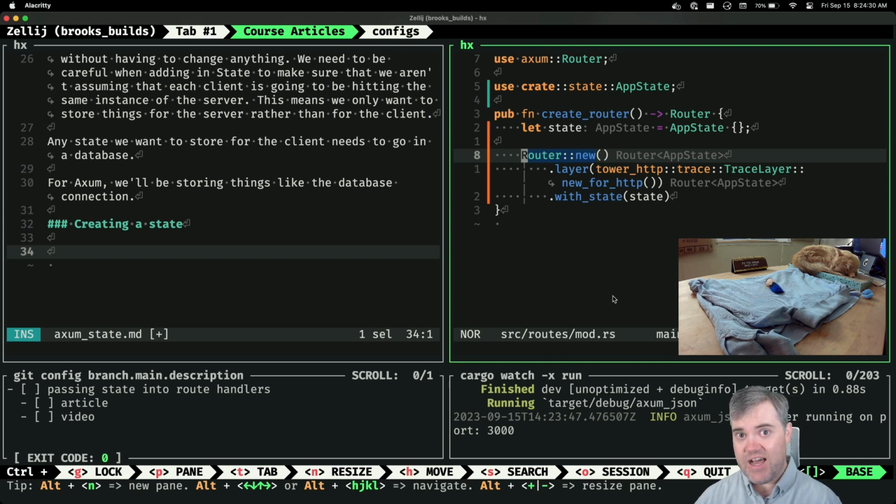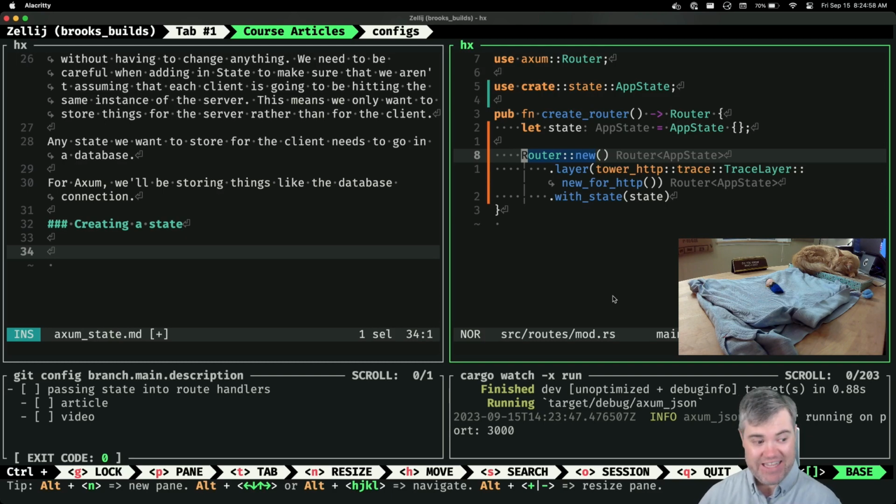State is not meant to be storing data from one session to another for a specific client. We can't trust that that state is really going to be the same from one to another. So really our state is essentially unique per instance of Axum. Oh, that's a good way to put it.